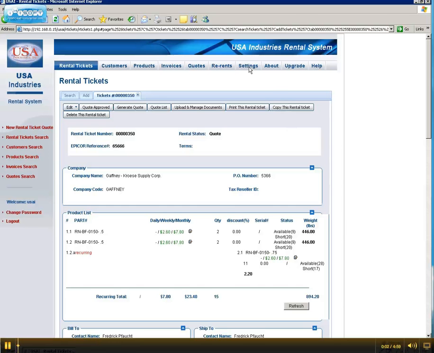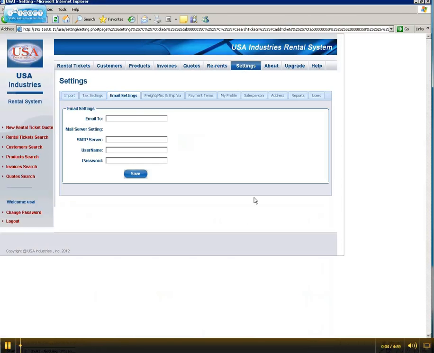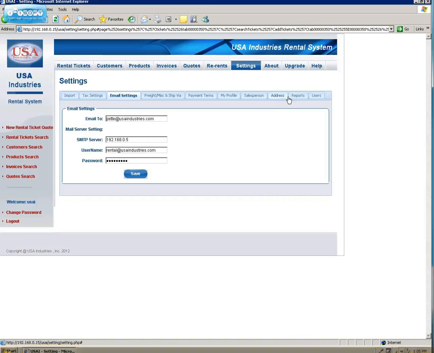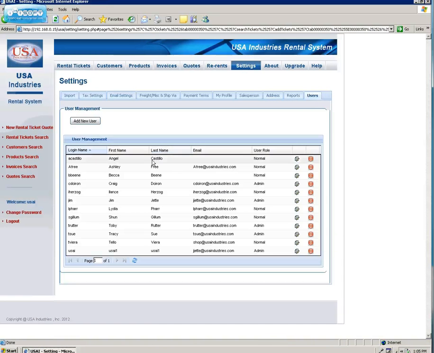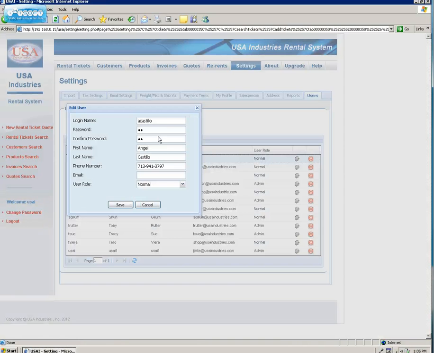A small bug that we have in the settings. We found out that we have one user, Castillo, that we're unable to fit his whole email address in. So if we go Castillo at usaindustries.com and we try and save that,